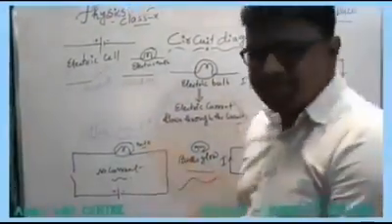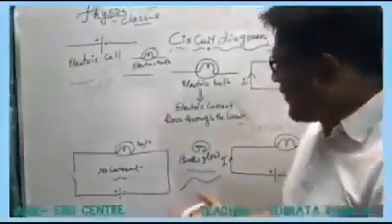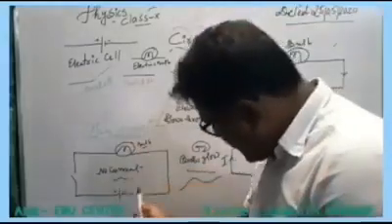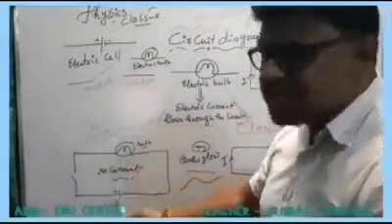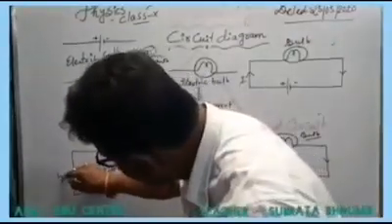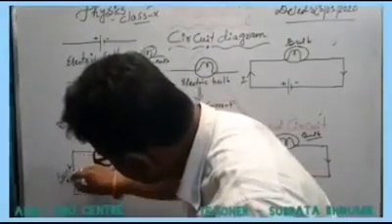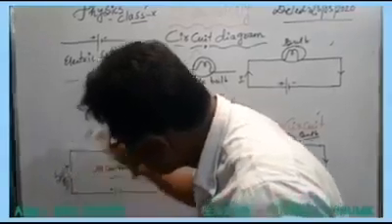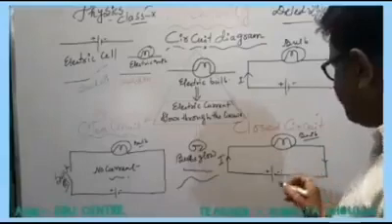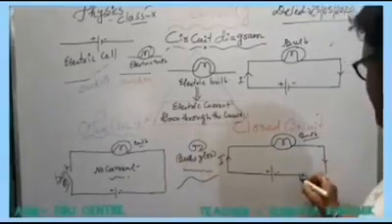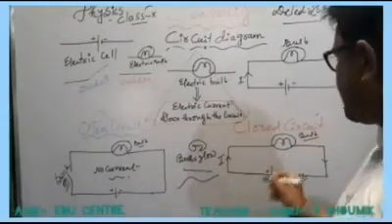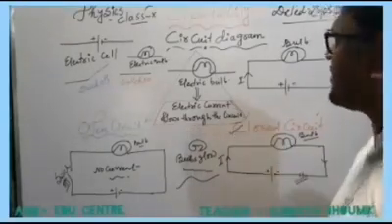Now what is an open circuit? It's very easy. When there is no current in a particular circuit, that means there is no flow of electrons, no charges in the circuit, that is switch off. This is called an open circuit. And what about the closed circuit? A closed circuit is where there is a switch on and current can flow in the circuit. This is nothing but a closed circuit.